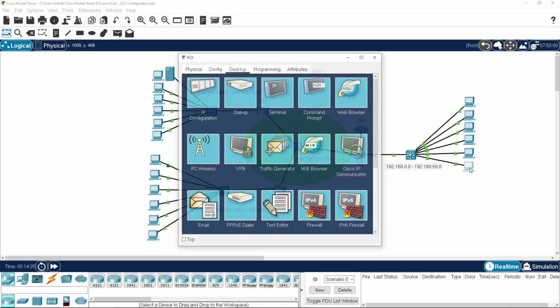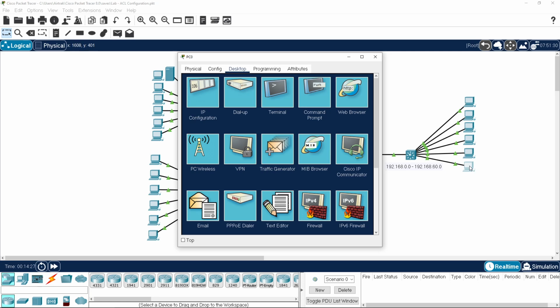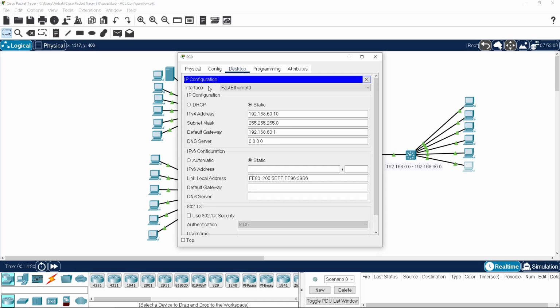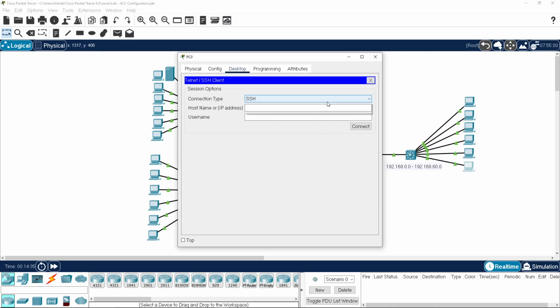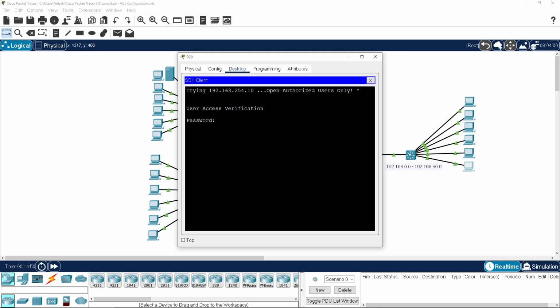So this is our 60 PC, just to show you that. Come back down to Telnet and connect to the same address. Helps if I put a decimal place in there: 254.10. Connect, and we're in. And that is the other password. There we go. So if we show our running config,